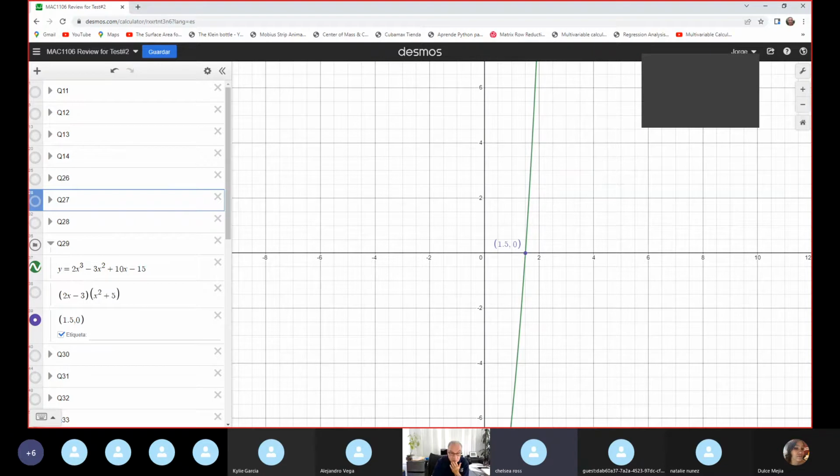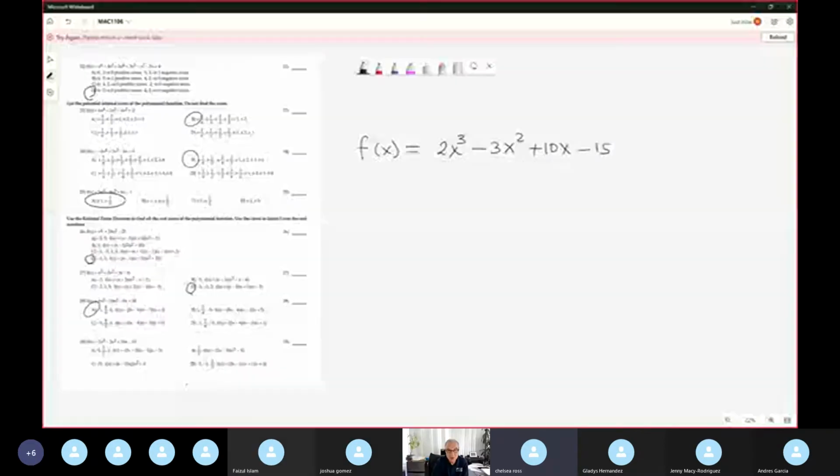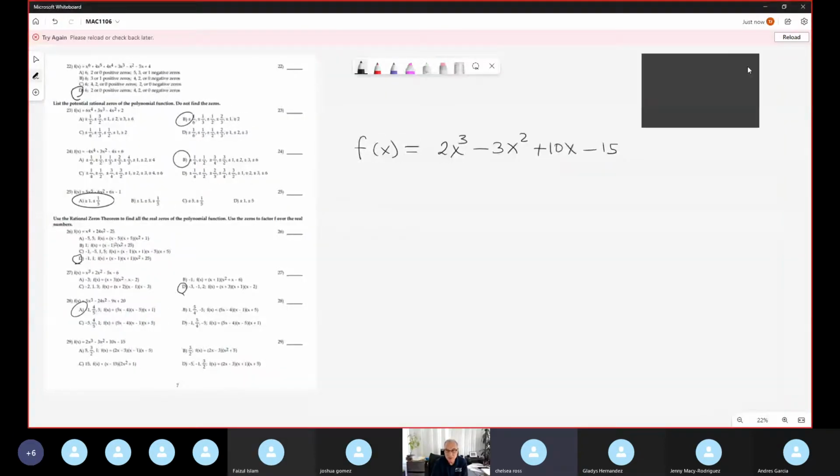Now, let me go back to the whiteboard. I forgot to share the screen. Okay, cool. 3/2. Wow, it's a fraction. And you can do synthetic division using a fraction. Of course you can. How? Well, you copy